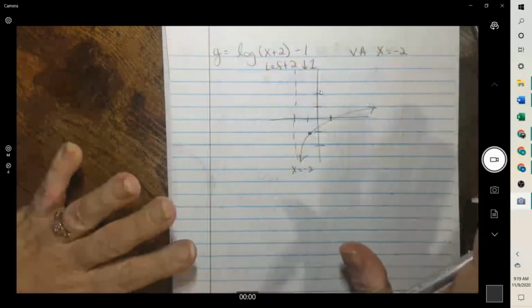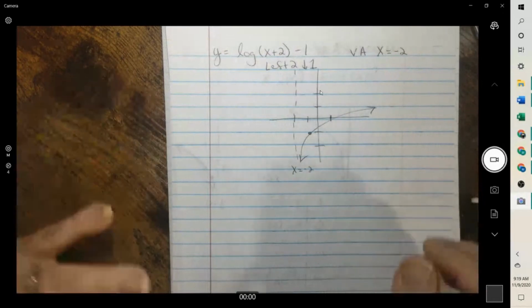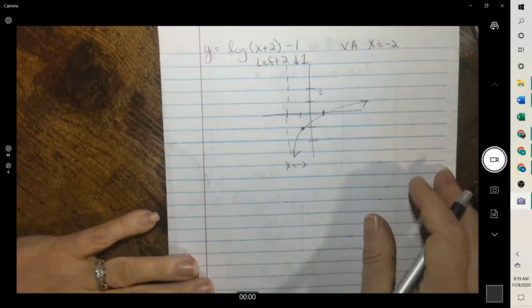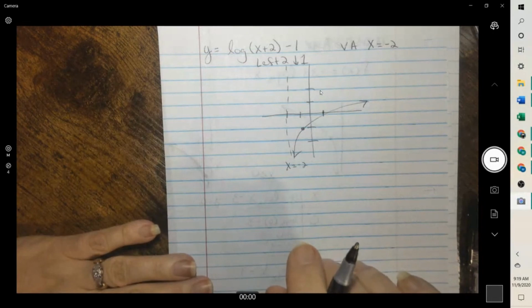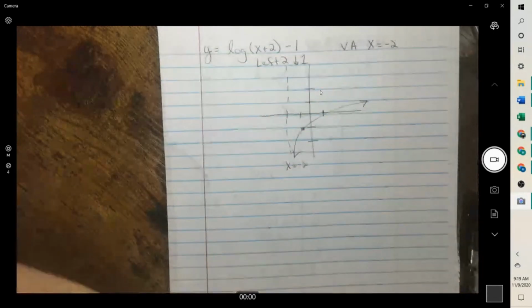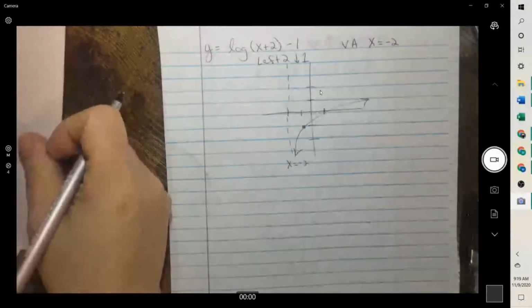Now, if you still want to plot 2 points, you can, just to make sure it's where it needs to be. But I think it would definitely be on a no calculator part of your final. So the ones on here,